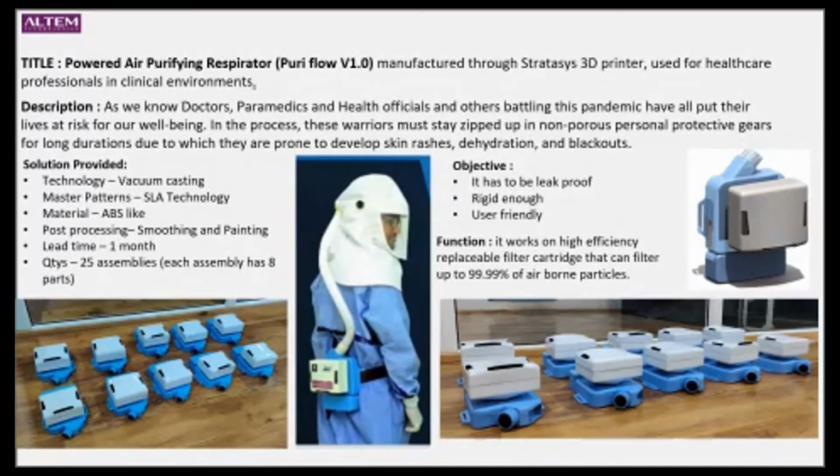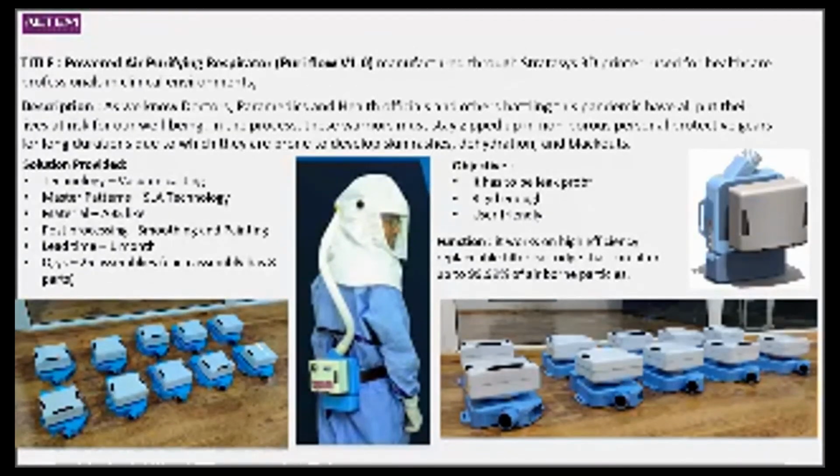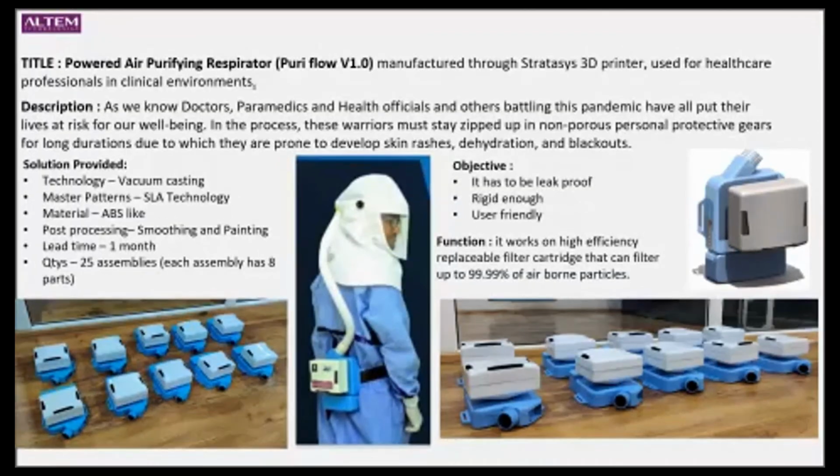month. The objective of making this part by using the vacuum casting was to make it leak proof, rigid enough, and user friendly. And on the functionality side, if you talk about the functionality of the final product, then this product provided a very high efficiency, and the filter cartridge that was used was successful with 99.99% for